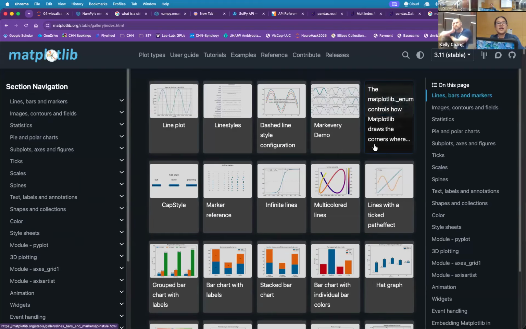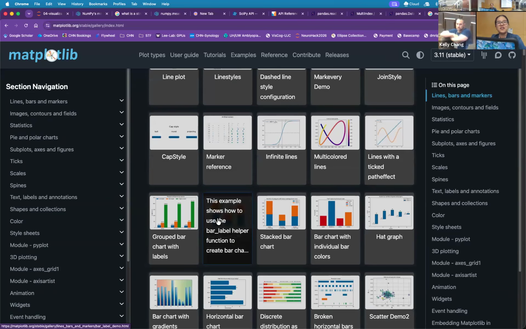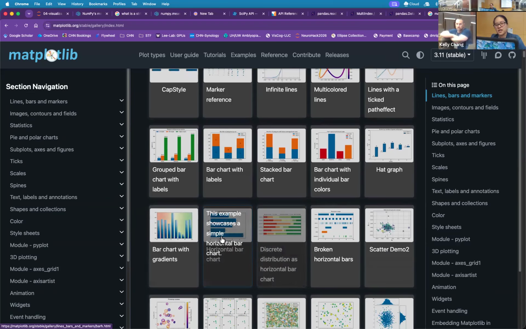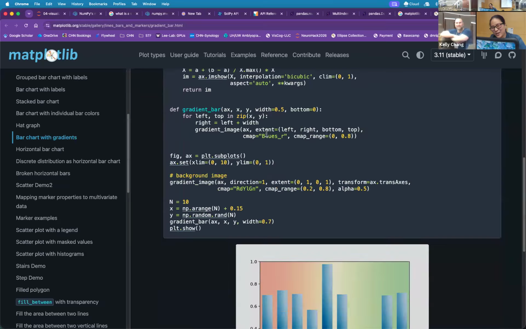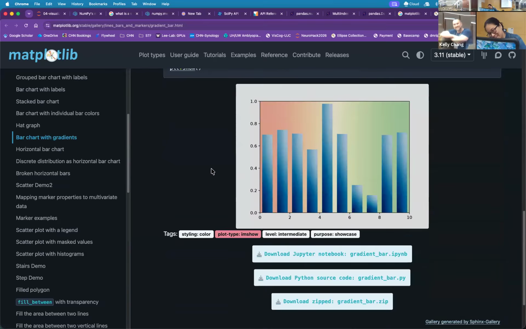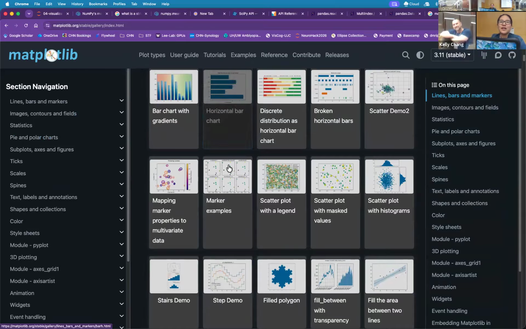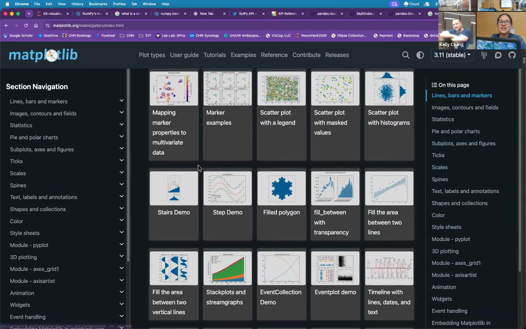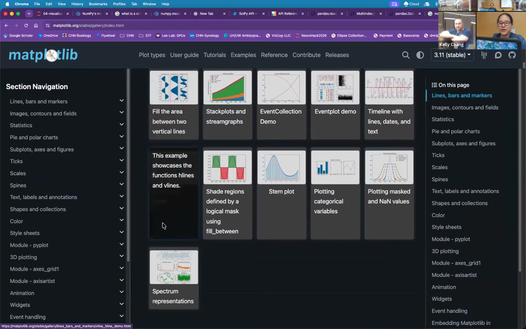There are plenty of examples of different kinds of plots that you may not have conceived of. Oh, do I want a bar chart with gradients in the background? Dang, why do you have this? I guess why not? The answer is definitely why not. People have plenty of really Googleable examples, like I want a really fancy pansy brain floating in 3D space. We got you. You'll have an example there.